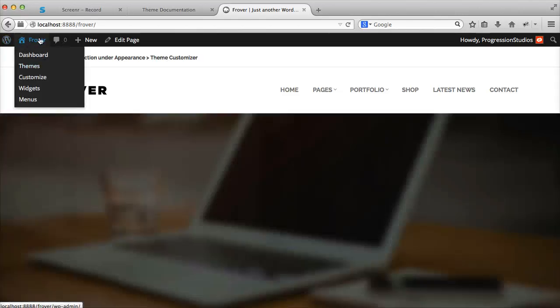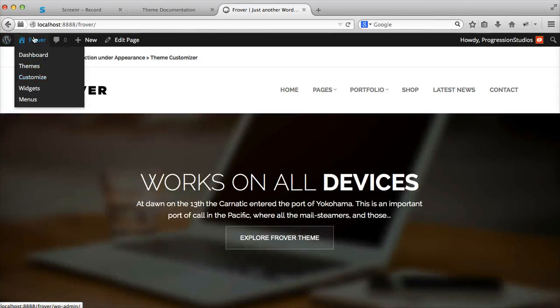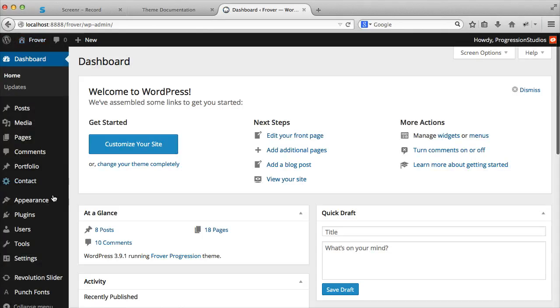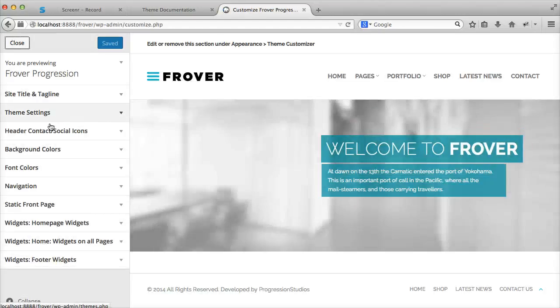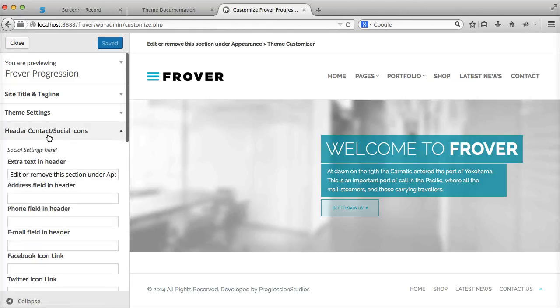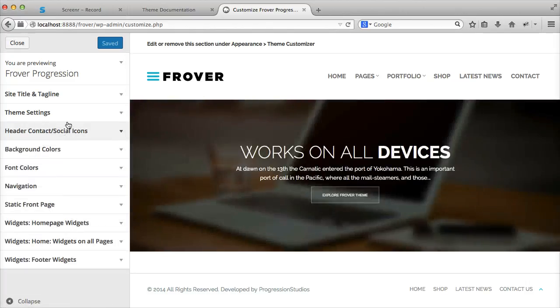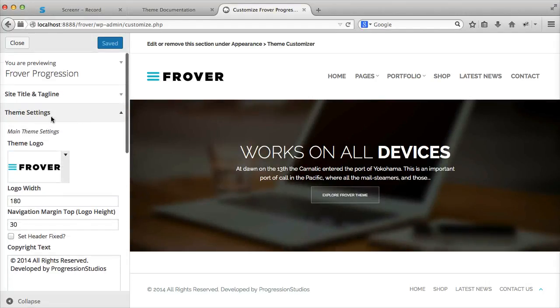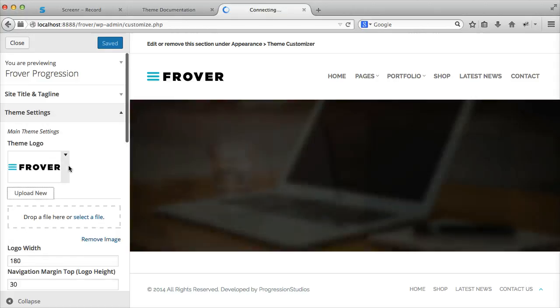So you can hover over your title and go to customize, or you can go under your dashboard and go under appearance and customize. From there, you'll have a set of options. You'll have font colors to change, background colors to change, header, contact, and social icons, and theme settings. So for theme settings, this will be the first one you'll probably go to,